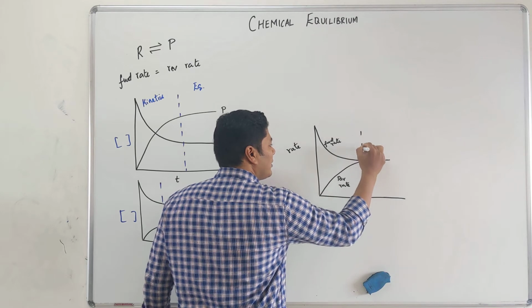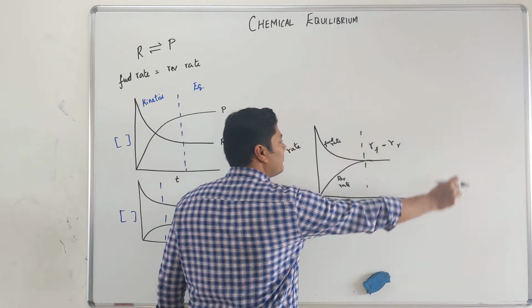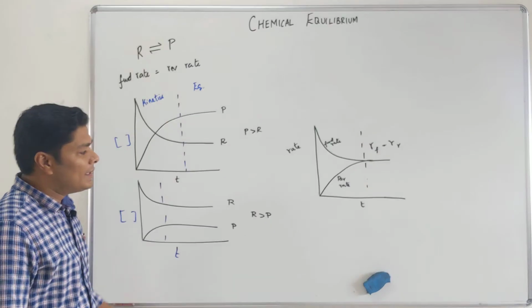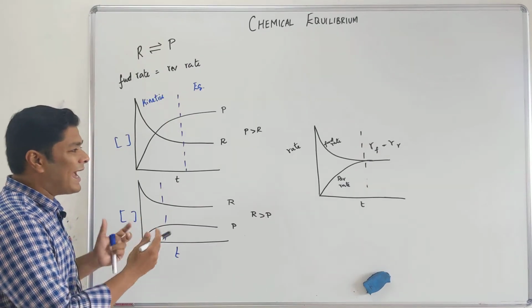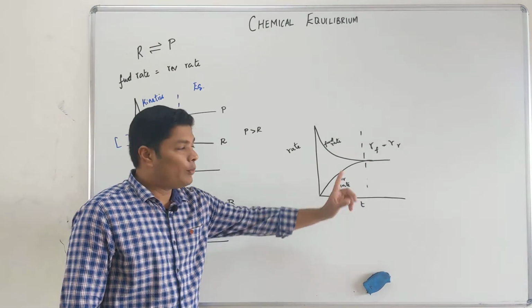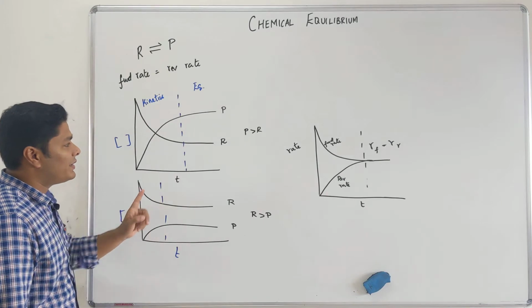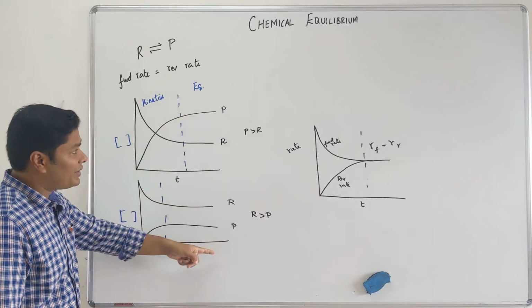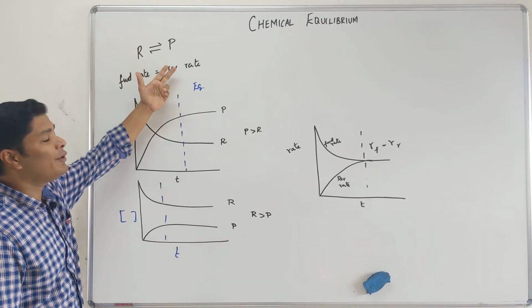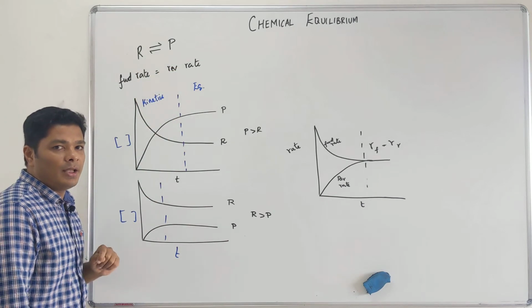So at equilibrium, rate forward equals rate reverse. Okay. This is essentially what is happening in an equilibrium. The equilibrium is reached when the rates are equal. Okay. And once the equilibrium is reached, the concentration of all the species, okay, this could be A plus B giving you P, doesn't really matter, all the species are constant at equilibrium.